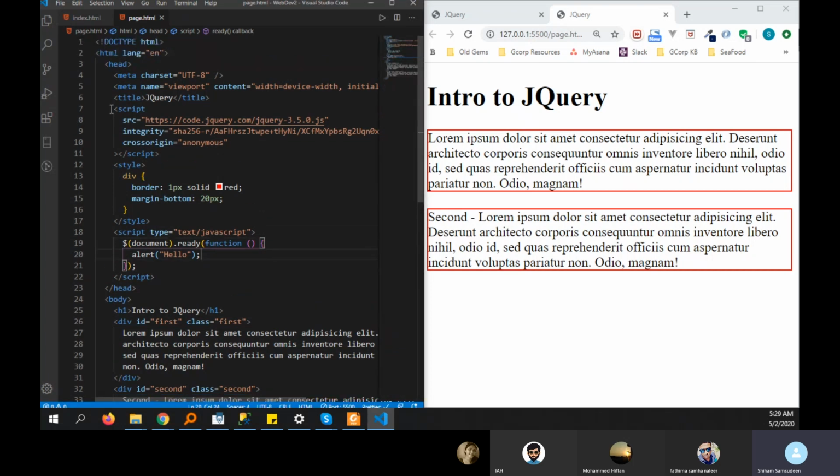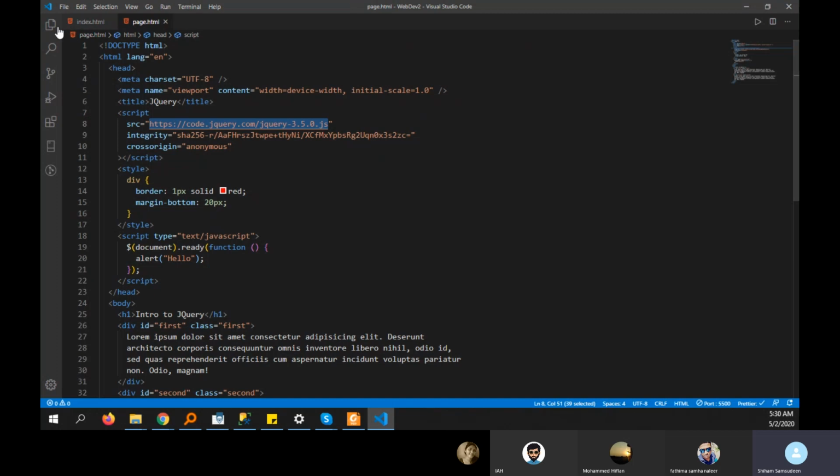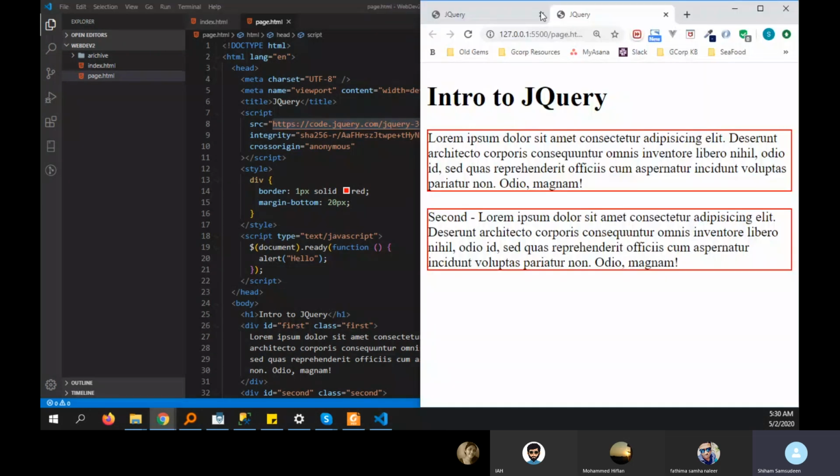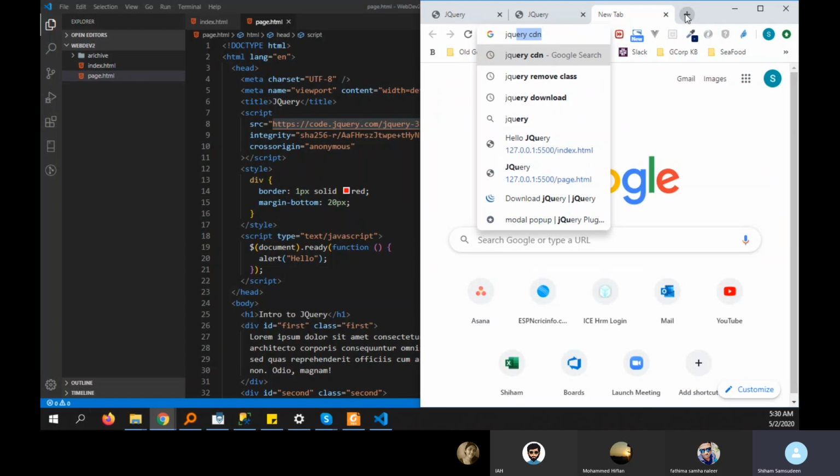Here basically what you need to do is, first, to use jQuery you can have a script tag which is pointing to an internet version of jQuery, right? So there's another way of referencing jQuery, which is within your file, within your folder, you can have this downloaded and then put it in your local disk itself and then reference it there. So basically how you download that is, you can go to, like, if you search jQuery download,